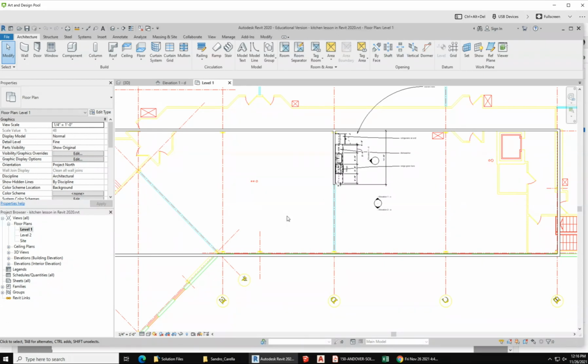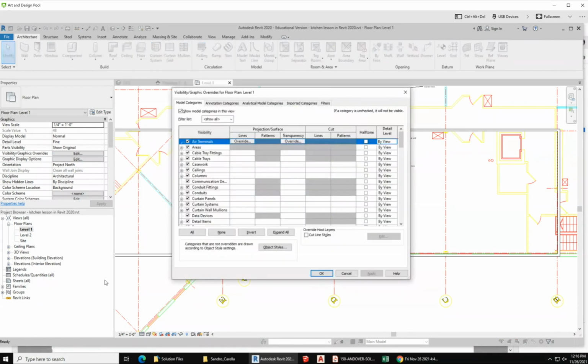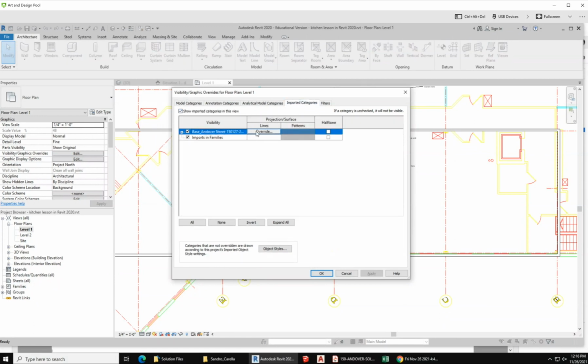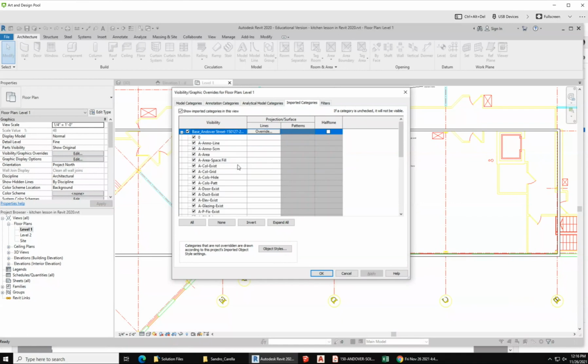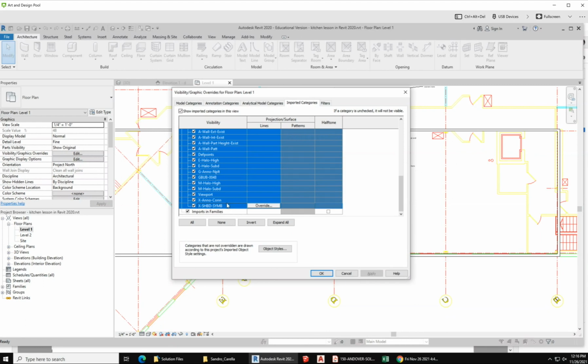For example, the AutoCAD underlay. If I wanted to change the visibility, the graphics settings of that file, I would expand the categories. Right, reveal the AutoCAD,